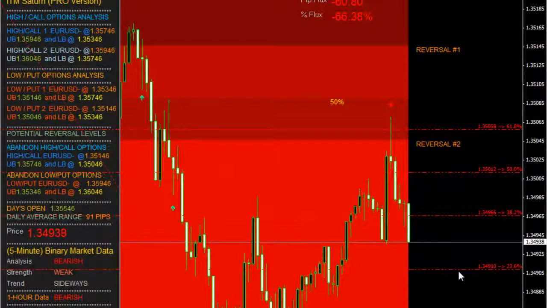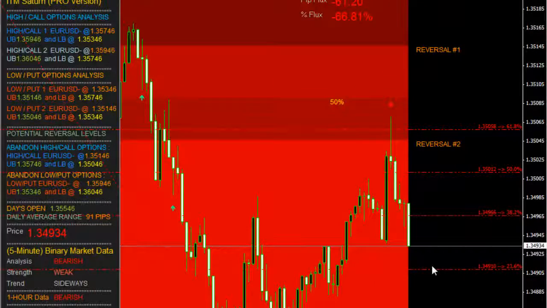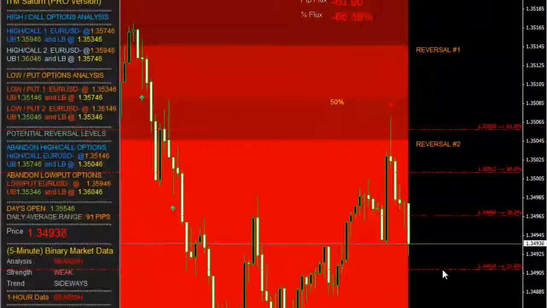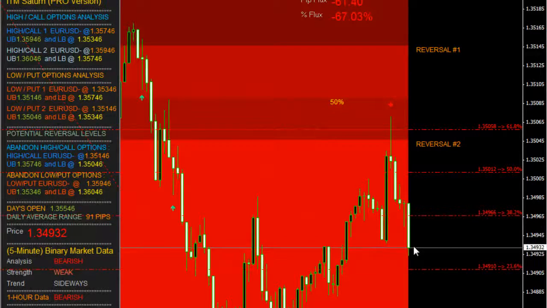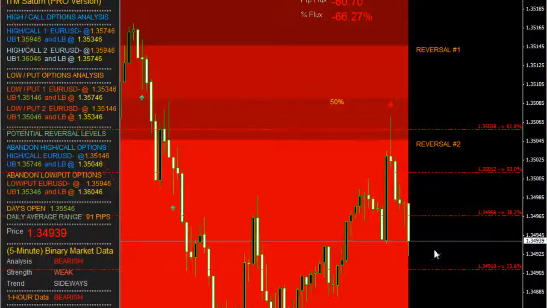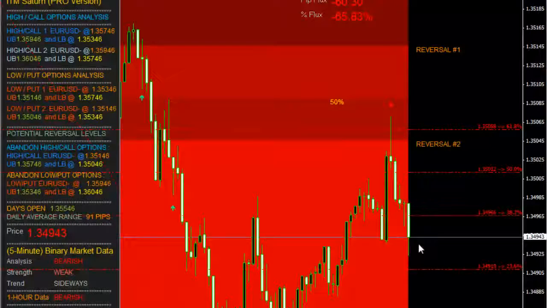No back testing. We trade with it live, real time, as these setups appear, and we're showing you exactly what we're talking about here with the ballistic nature of these moves off of high probability reversal targets automatically calculated for you by ITM Saturn Pro, which is a real-time price action analytics dashboard, which allows the trader to spend more time trading the moves that are appearing instead of analyzing the moves while trading them, which can lead to exhaustion, which can lead to emotional,